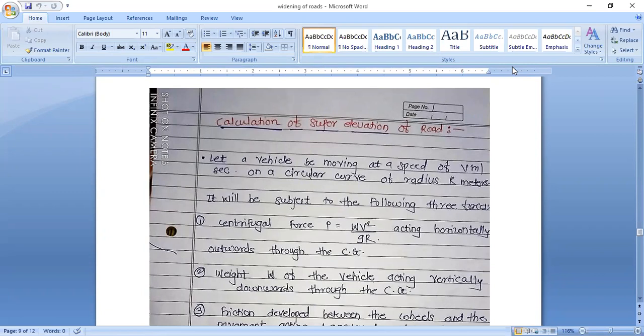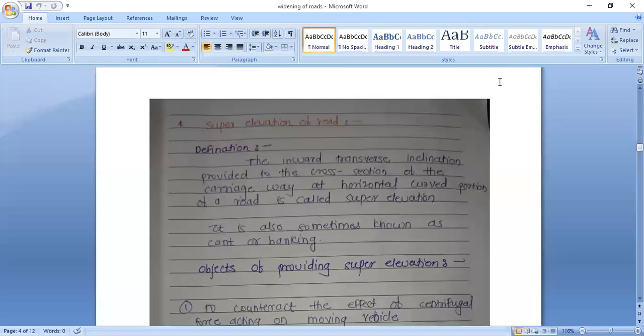In the previous lecture, we had discussed one of the important geometric design parameters of highway, that is super elevation. In today's lecture, we are going to discuss how to calculate the super elevation of roads, and the derivation for super elevation of the road. Before we start the derivation, first we revise